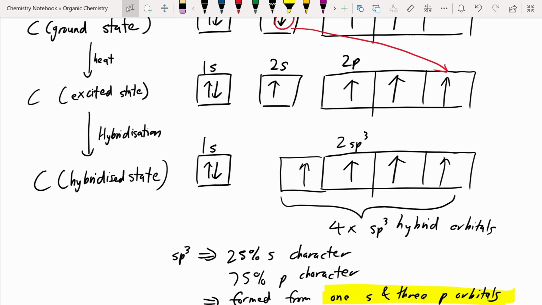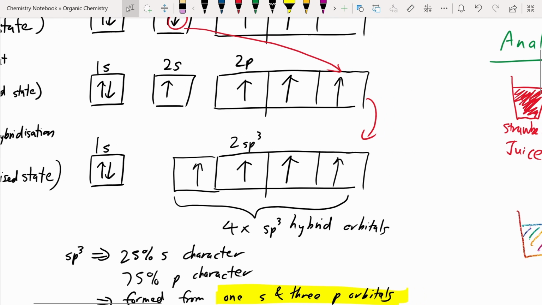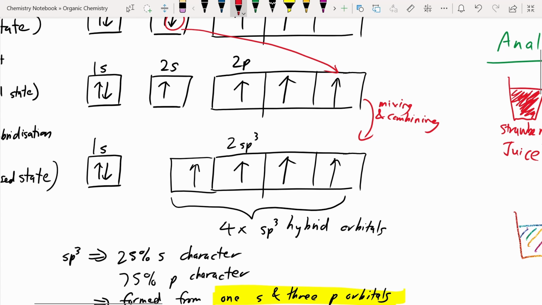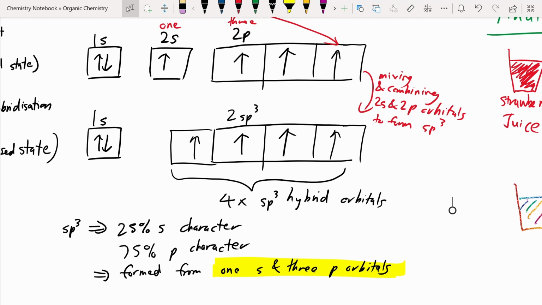What it means to hybridize is that the 2s and the 2p orbitals mix and combine together to form sp3 orbitals. We are gonna use one 2s orbital and 3 of these 2p orbitals in order to form